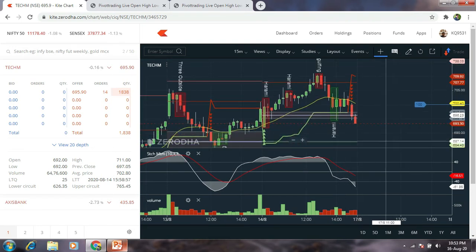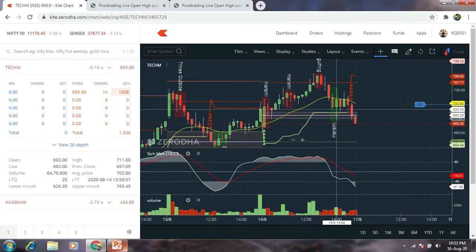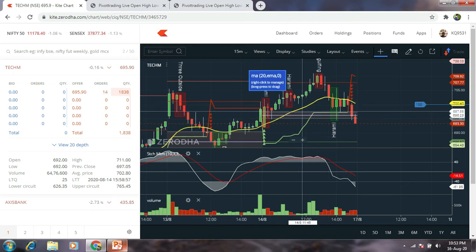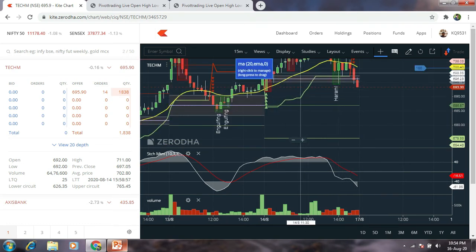It will depend. I think everyone is clear on where the entry should be and where to keep the stop loss. Along with this, I have already explained the CPR, support and resistance, and the stochastic momentum indicator in my Bank Nifty golden strategy. You can watch that video and make use of it. Usually I am not trading only considering this concept. I add the central pivot range and support and resistance. This will be resistance and this will be support, and this is the 20 moving average.